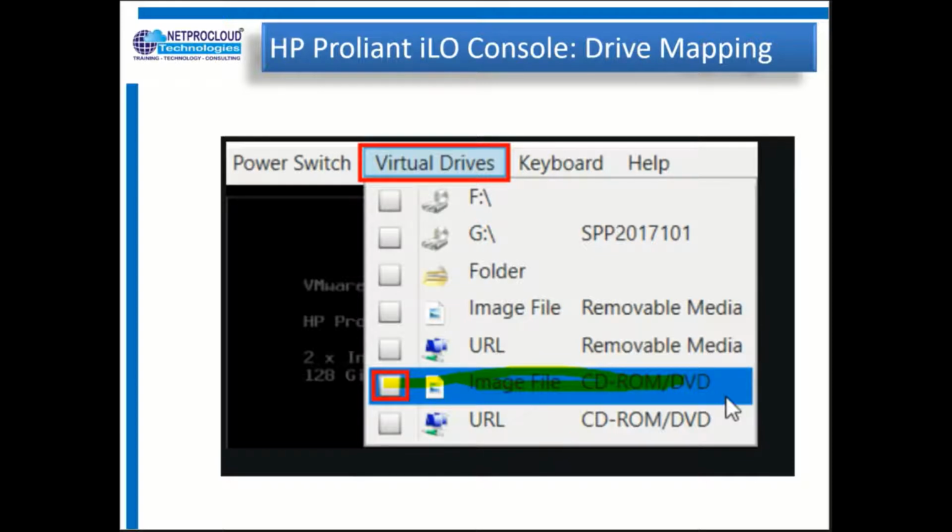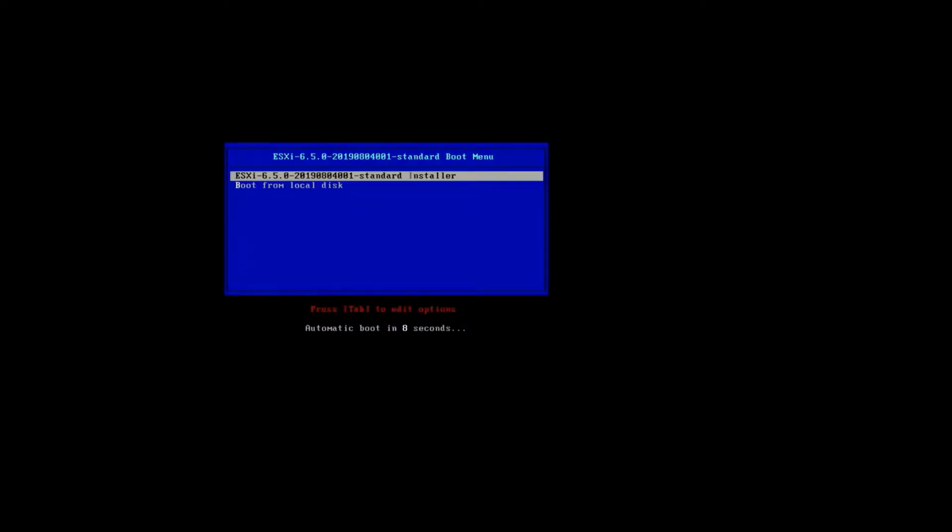Now we are just going to proceed with the practical. See friends, here we have started the machine. Now here starts your installation. Enter to boot.